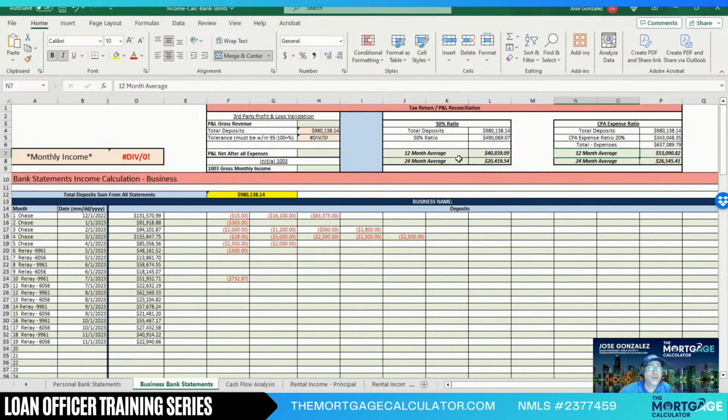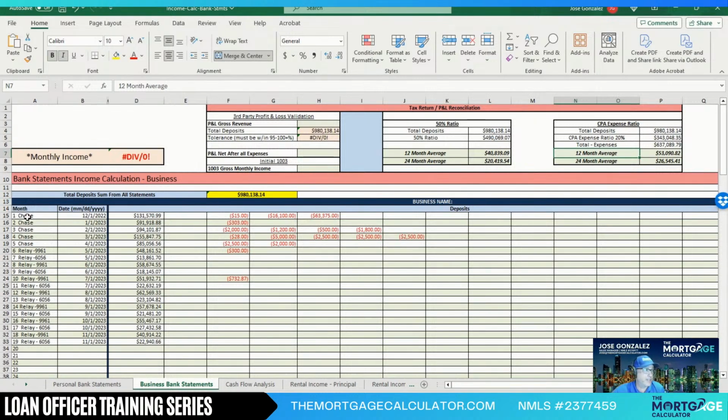So there you go. Versus the 12-month average at 50% default is 40,000. So this same borrower qualifies for a lot more, because now we're at 53,090.82 instead of 40,839. And these are actual numbers on a deal there. So that's what we're talking about when you're inputting the accurate information here, so that you can then get the